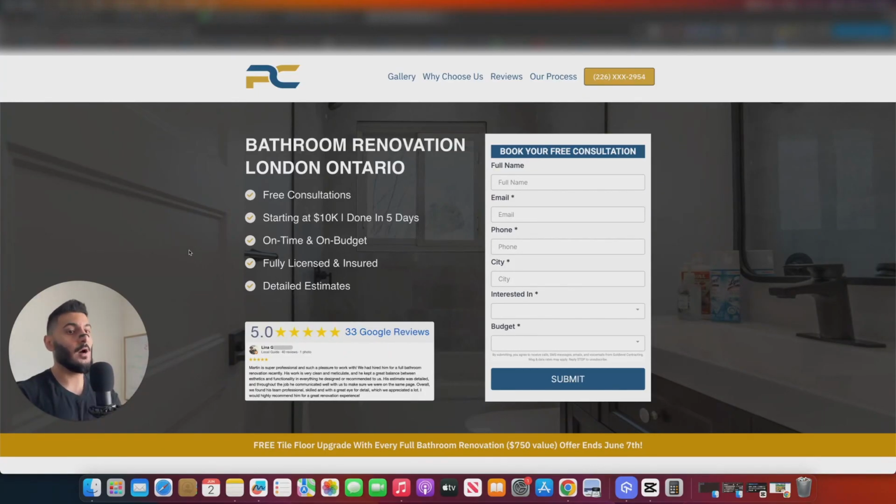Your website is not built for conversion. Your website is like just a brochure, right? If you want to turn clicks into sales, you need a dedicated landing page for each service. And with Google Ads, if you're running ads for bathroom renovation, if somebody searches on Google bathroom